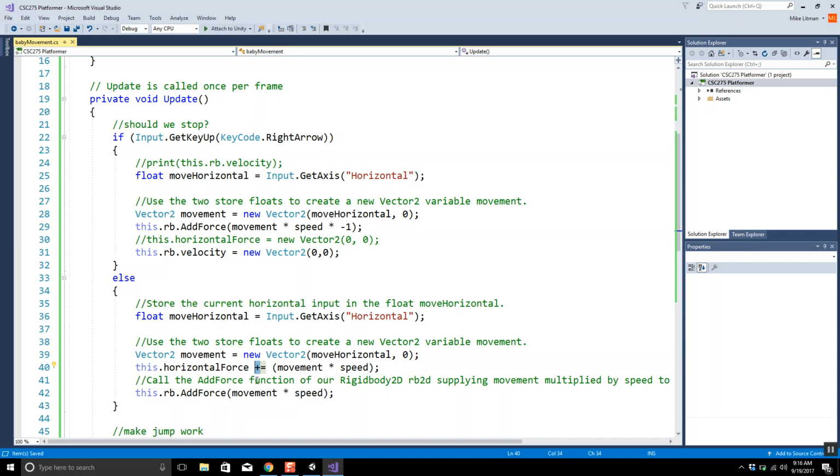You were doing it down here. So this actually then becomes a constant. Well, no, it won't be a constant because movement will change. It'll be whatever it was. Oh, that makes perfect sense, because that horizontal force is whatever the force was the previous frame,